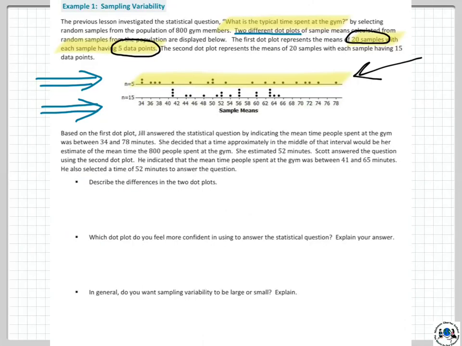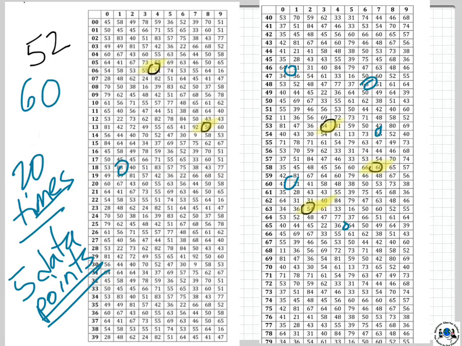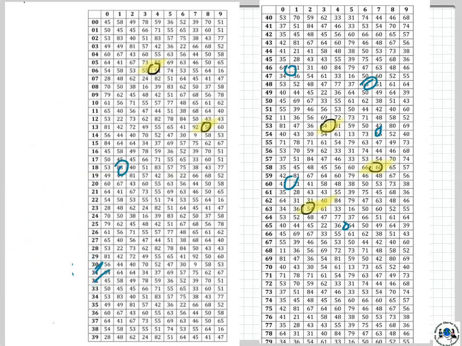Now the difference between that and this one here: there are still 20 dots on this dot plot, and each dot represents a mean or an average from a sample. But here, and you can see it right here, it includes 20 samples, with each sample having 15 data points. So the difference now is that instead of taking 20 different samples of 5 data points, which would mean 100 data points chosen,